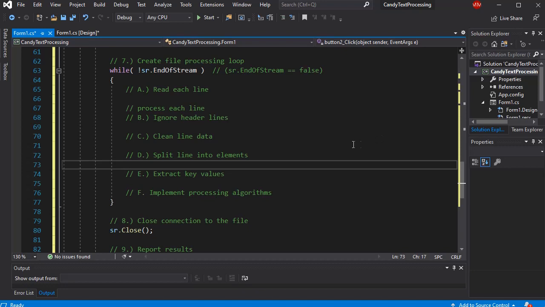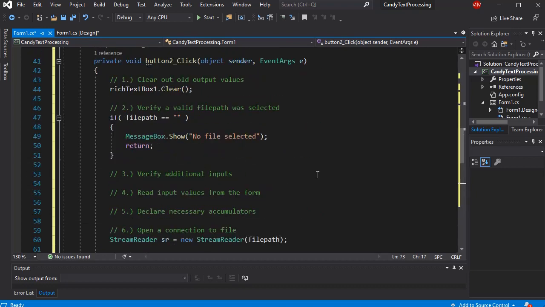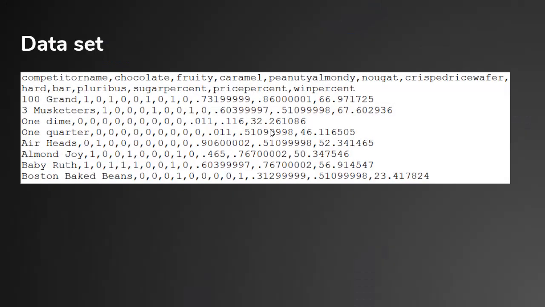All right, let's talk about our first question. Our first question said, print the names of all the hard, fruity candy. Well, we have to go back to our data set. You will never be able to extract information from a file unless you understand how that data is stored in the file. You have to understand the data layout before you can come up with a strategy to extract it. So if I want to print the names of all hard fruity candy in this file, I want to find out where the